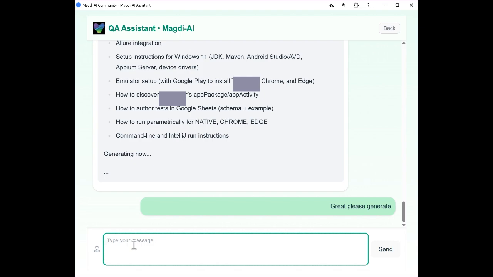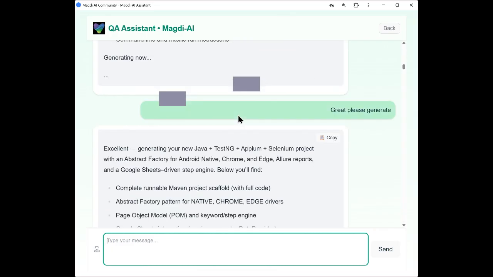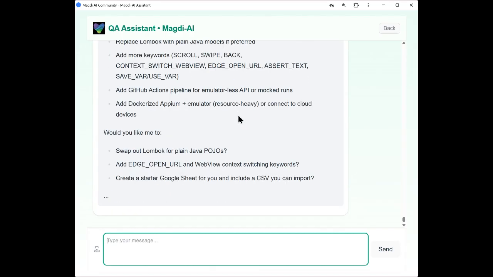So that is a very interesting use case. It's one that you can try out yourself. And you can see that we actually input very few commands. You also see it's already giving you setup instructions for Windows 11. It's telling you what you should install. And mind you, if you need additional help,